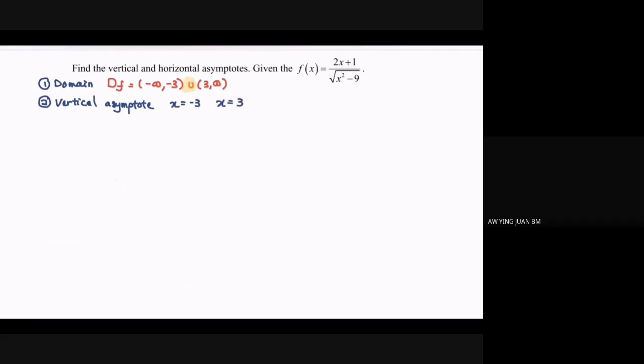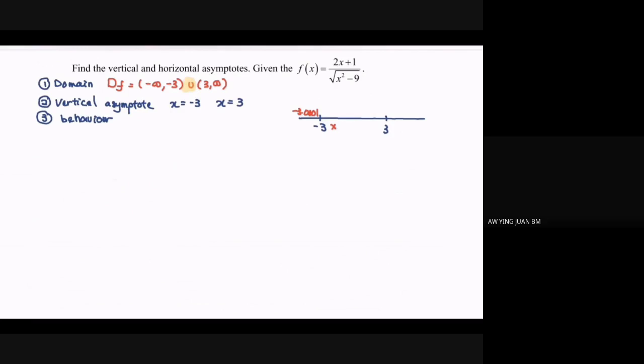Step number 3, we're going to observe the behavior. So before we start, kindly have a number line. So now we have the situation in a number line. So kindly denote or suggest a value from the left and then from the right towards the negative 3 and the 3. So now kindly refer to negative 3 from the left. So the suggested value will be negative 3.0001. As for the right, kindly refer to the domain. There is no value or invalid or no domain from the right. So we just ignore the situation from the right.